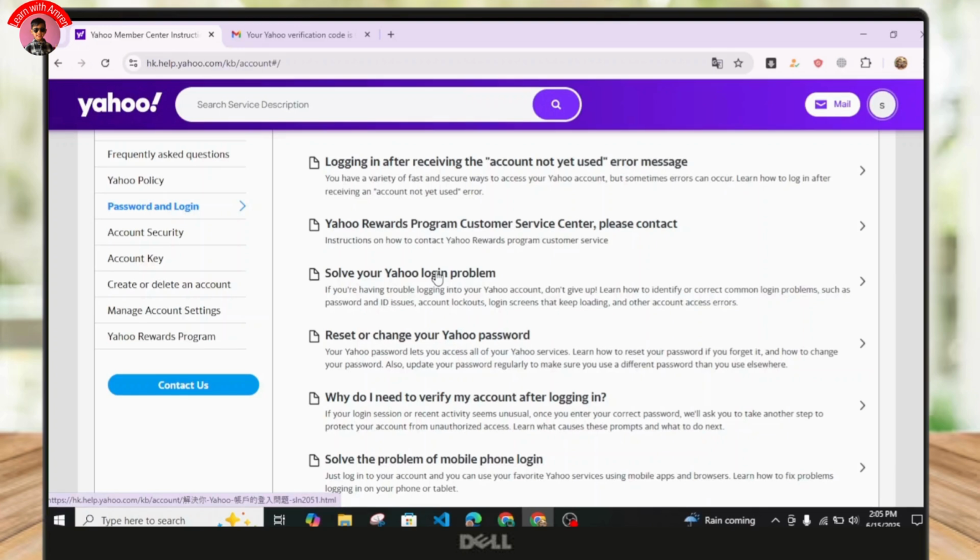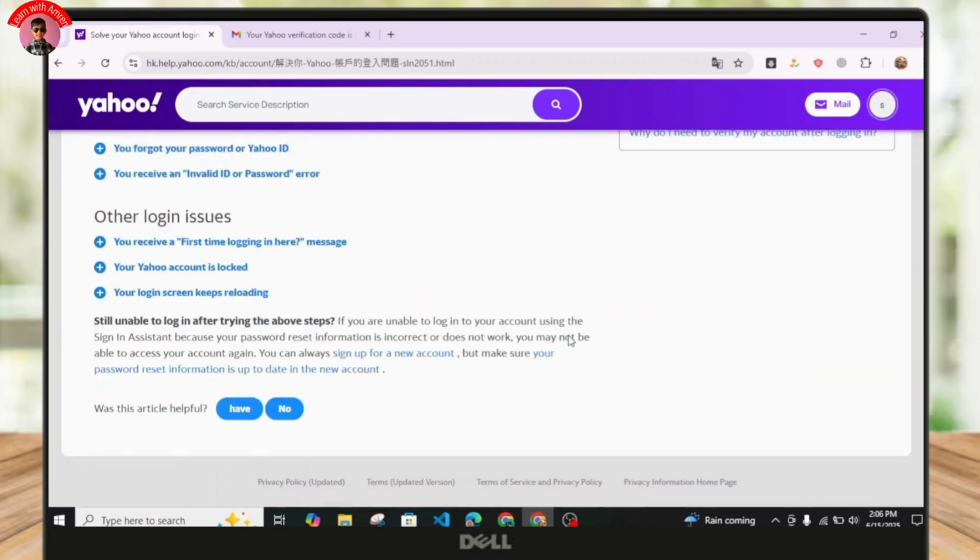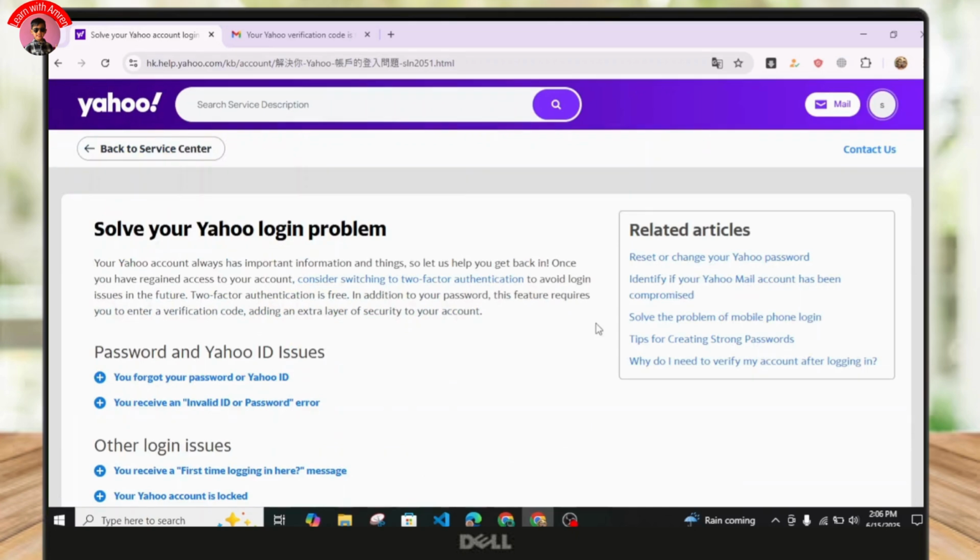I'm having a login problem, so you just tap on this and make sure to read everything written over here, and just follow the instructions. If it's related to your password, you can just reset it as I mentioned earlier. And if your account has been hacked or compromised, you need to contact the Yahoo Mail Service Center officially by